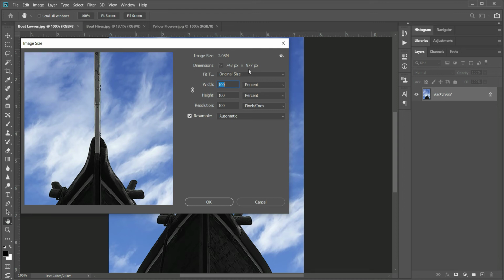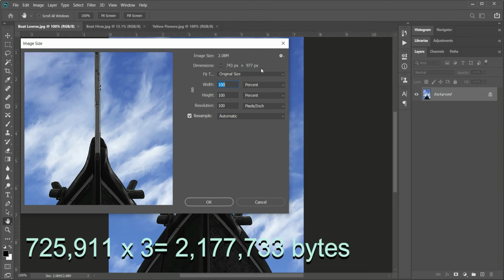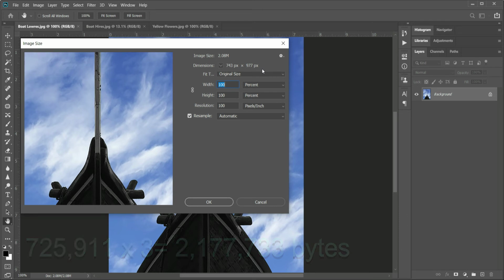And we saw earlier that each pixel contains 3 bytes of information, one each for channels red, green, and blue. Thus, the value in terms of bytes comes to 725,911 into 3, which is 2,177,733 bytes. Byte is a lower unit of computer memory.